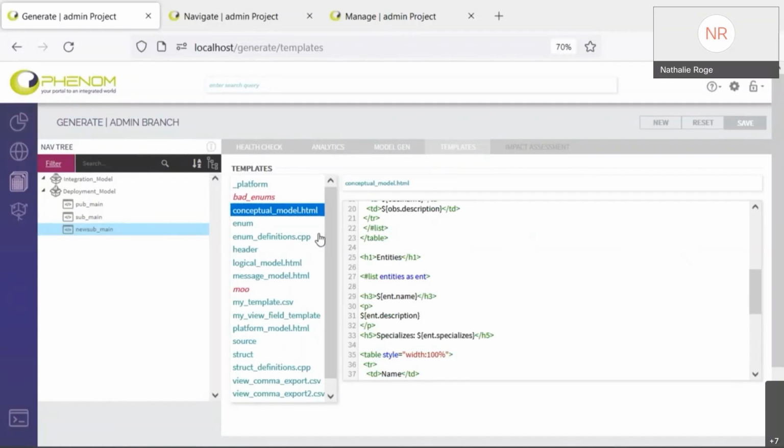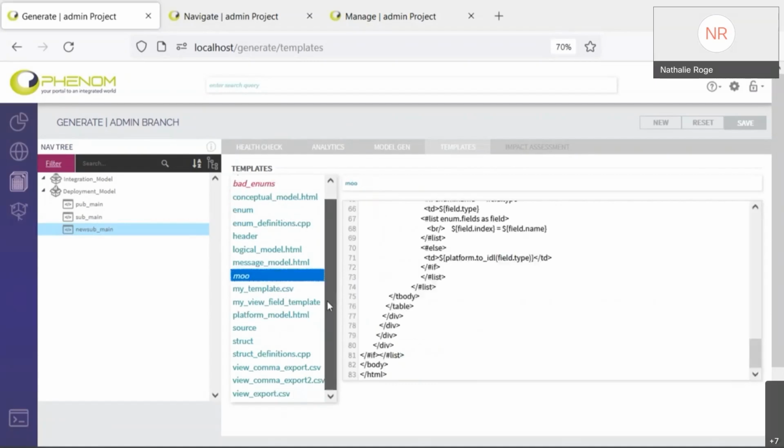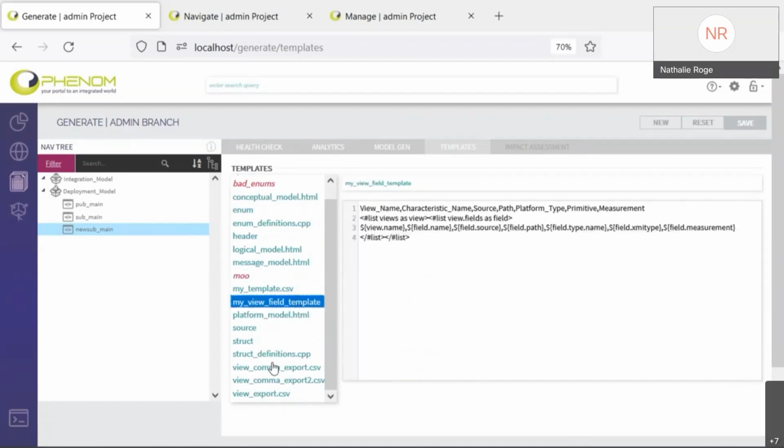Some of these, unfortunately, I'm not exactly sure which ones are. I do think most of the ones in green are prepackaged with a few exceptions. Since I'm working on my local instance, I know some of these are just things that I was playing with earlier, like bad enums, which from the name I'm guessing is not a prepackaged one. I'm almost certain Moo is not a prepackaged one. And I was doing a little more testing for some of these. So these, view comma export, it's my template we just made, and my view field template. I made these when I was rehearsing for this demonstration, but I believe most of the others here are prepackaged